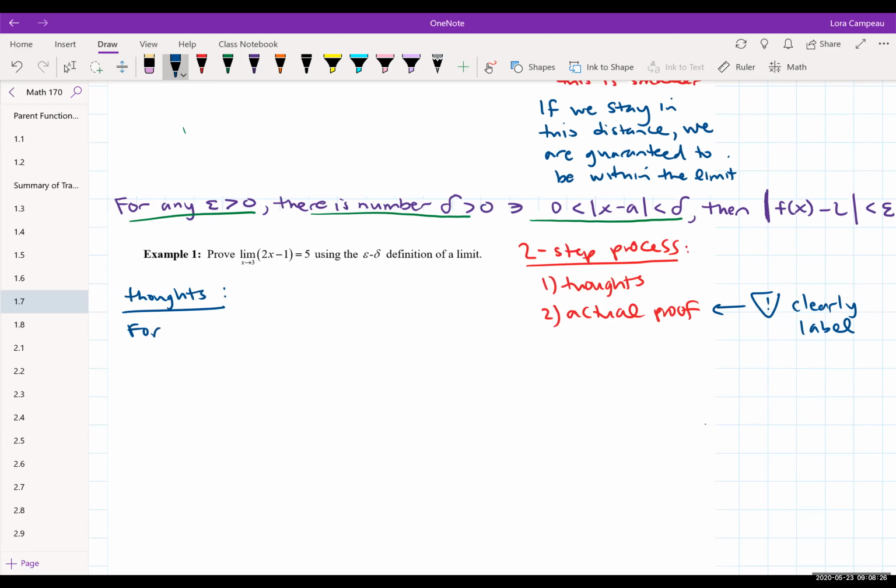For any epsilon greater than 0, we want a number delta greater than 0 such that if, let me write this down a little bit better, 0 less than the distance between the x's and the a's, x1 or x2, is less than delta. If this is the case, then